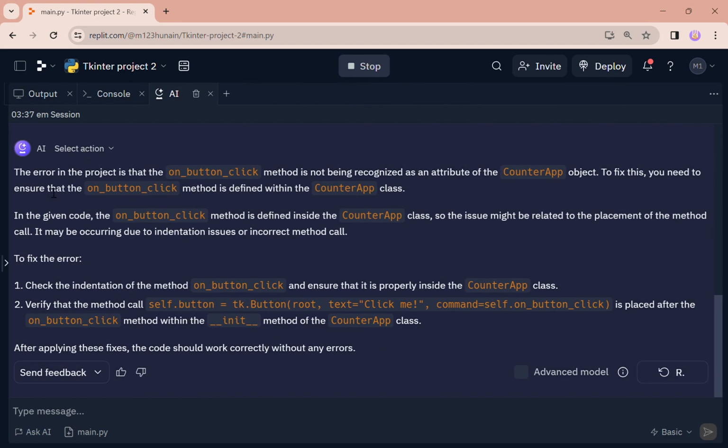Wait, let me read what it says. The error in the project is that the on button click method is not being recognized as an attribute of the counter app object. To fix this, you need to ensure that on button click method is defined within the counter app class. In the given code, on button click method is defined inside the counter app class, so the issue might be related to the placement of the method call. It may be occurring due to indentation issues or incorrect method call. To fix the error, check the indentation of the method on button click and ensure that it's properly inside the counter app class. Verify that the method call itself